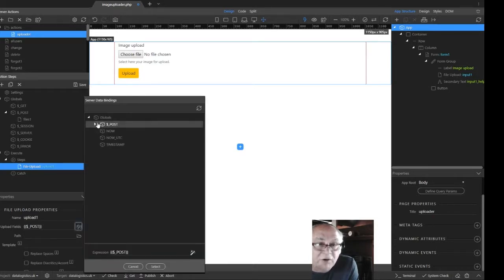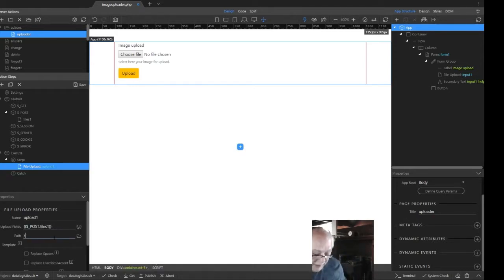We're going to get the details of that from that post variable, and I'm just going to create a path called uploads. Template I'm going to use, just mouse over that will indicate how to show you. I'm just going to use a name and extension template, so you can see we have name and extension, so I'm going to use exactly that. So that will give the file that is saved basically the same name and extension that has been given